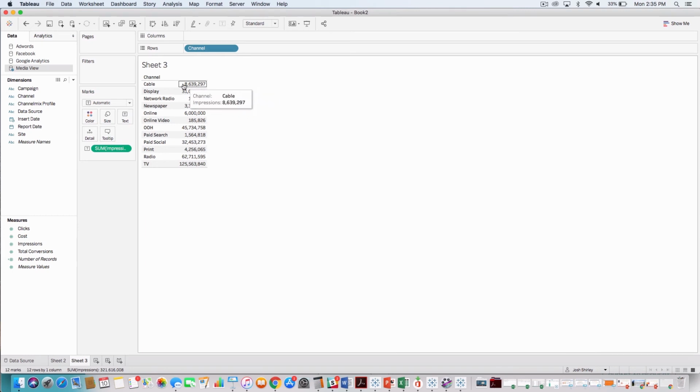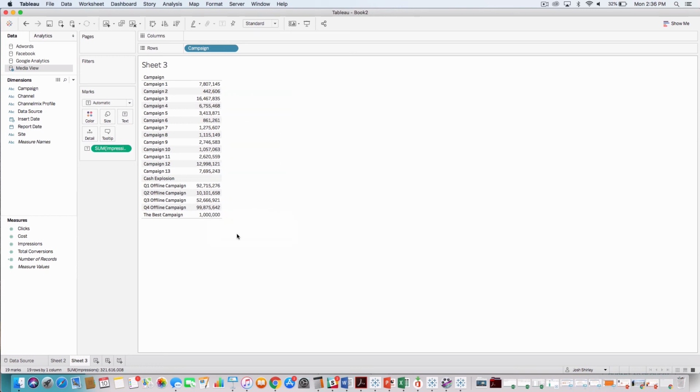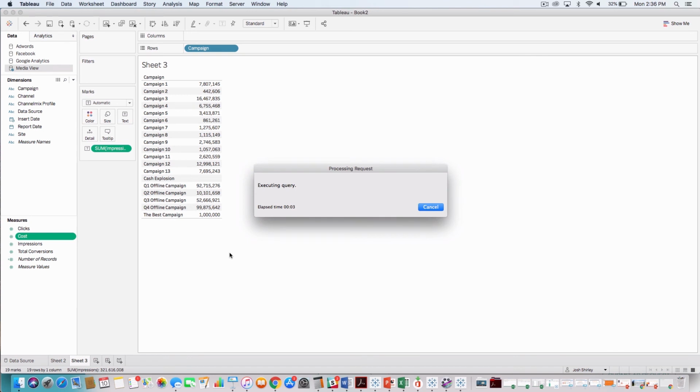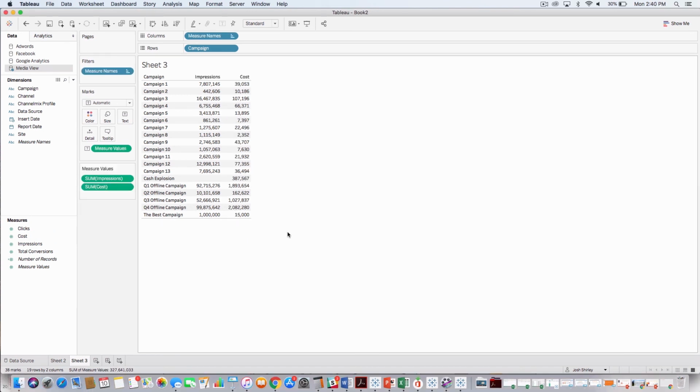And here I can see everything from cable on down to radio and TV, with online, out of home, paid search, paid social, and everything in between participating. And I can see the breakdown easily. And because of the way I requested my data to be set up by my data solutions team, I can see what campaigns specifically have contributed and in what proportion across my media ecosystem. I can see what campaigns have contributed to awareness building, how much cost has been associated to all these different campaigns.